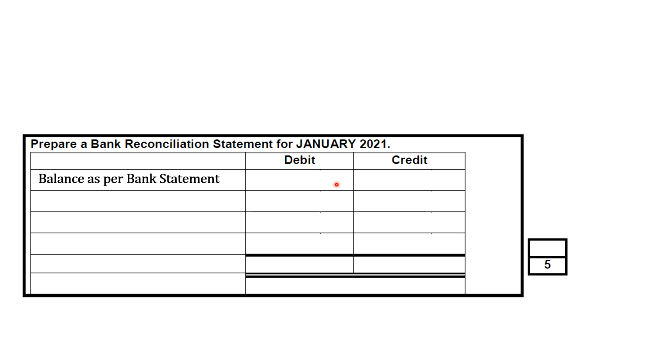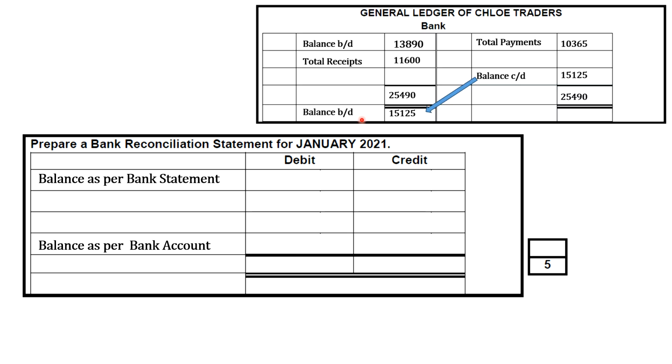It'll function as our closing balance. So you're going to see, once we're done with our calculations by the end, we are going to have our balances per bank statement. Please do not take the balance brought down that was given on the bank statement before. This we're going to calculate now. So then down here you come and put your balance as per bank account. Now where do you get the amount for balances per bank account? You have it already. It's that amount that you recorded when you were doing your bank account.